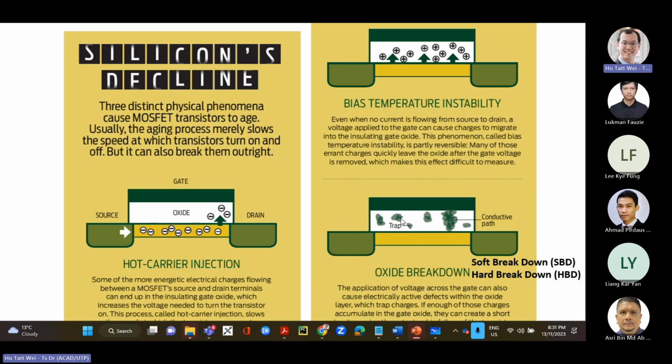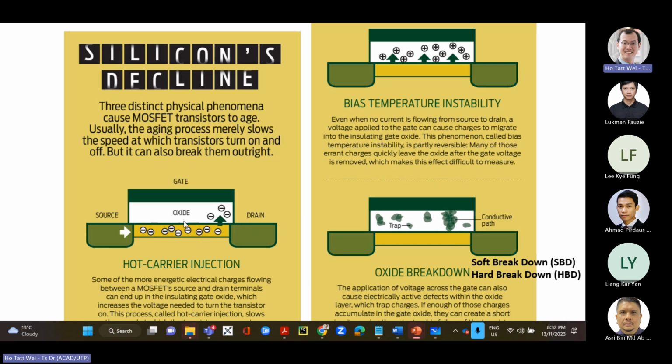And over time, there's more and more defects. At some point, there's so many defects that it creates a conductive path. This is when the dielectric itself breaks down. So here you can think about this as a breakdown of the dielectric structure. What makes it a dielectric, that part of the material, is being degraded over time in such a way that it can trap charges.